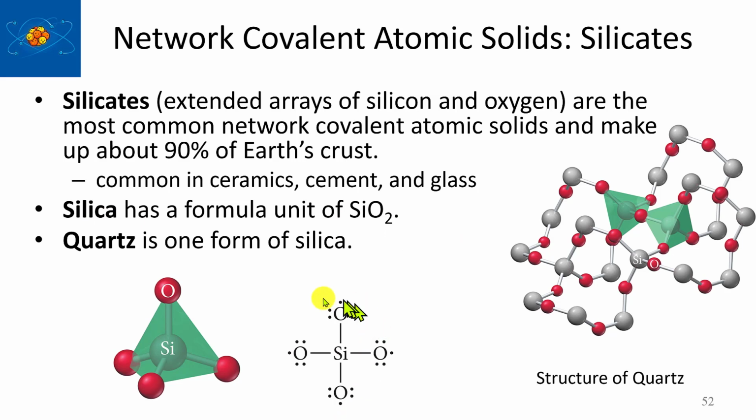And you'll notice that this is one unit of a silicate, and they have a silicon in the middle, and then they have oxygens on the ends, like a tetrahedral shape. But you notice they left the dots unfinished here. There's one electron missing off of each one of these. And that's so that you could see that when you put it in context of the structure of quartz, what you have is a bunch of these little tetrahedrons that are interconnecting between silicon